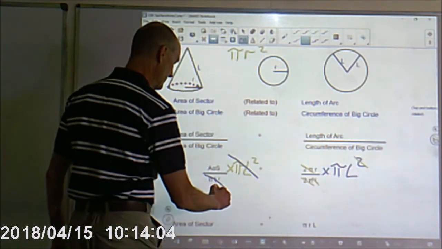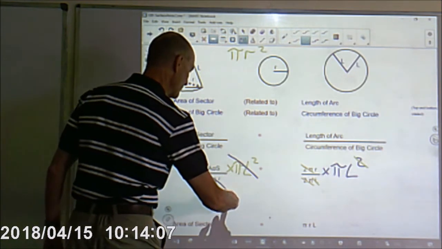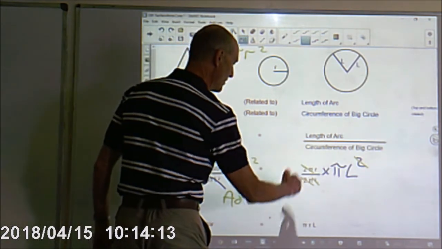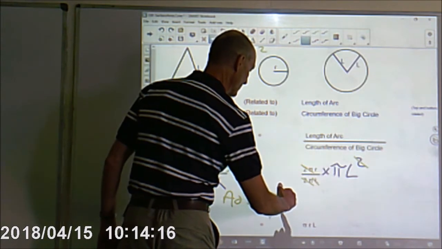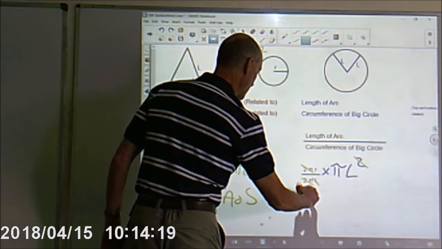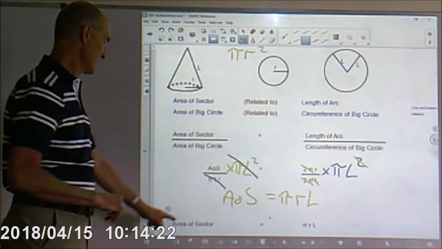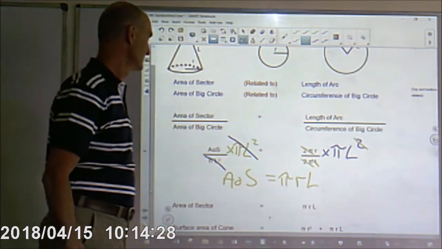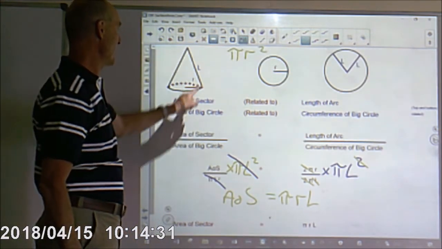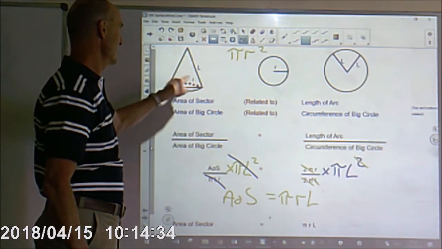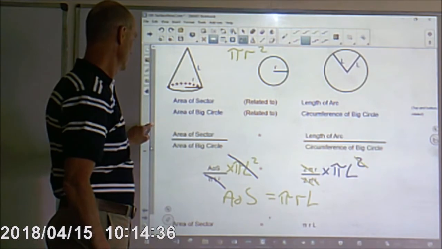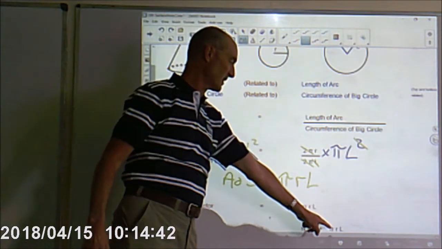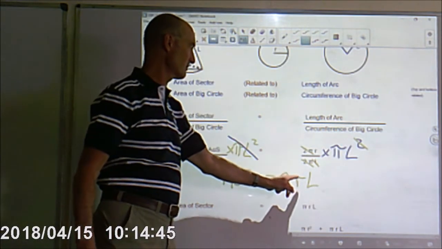So now what are we left with? We're left with just the area of the sector on the left hand side is equal to, we've got an R left, we've got a pi left, and we've got an L left. So pi R L. So the area of the sector is equal to pi R L. So that means that the surface area of the whole cone is the surface area of the base, pi R squared, plus the surface area of that sector, which we've just gone through and proved is